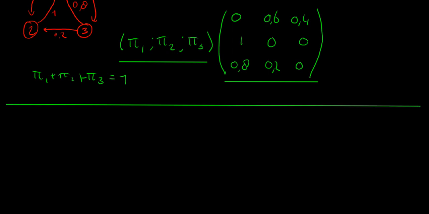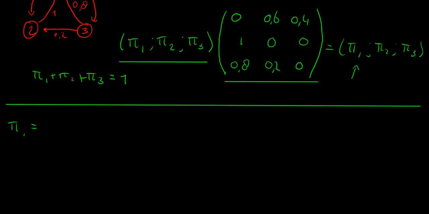This should be equal to, again, pi 1, pi 2, and pi 3. And when we multiply this vector with this matrix, we get a vector back. That means that what will result in this position is equal to pi 1,